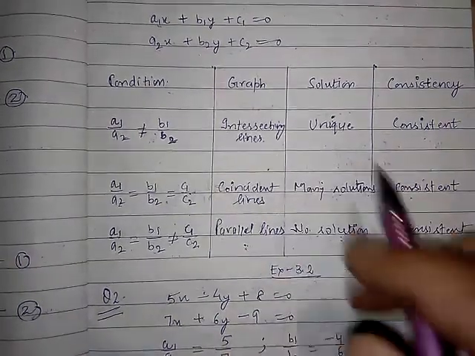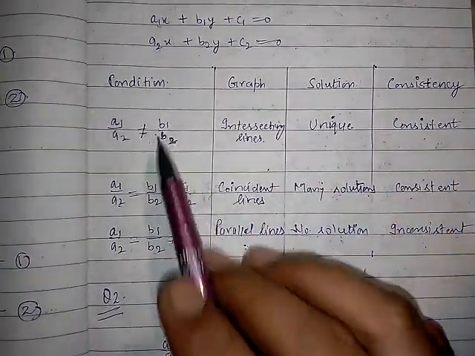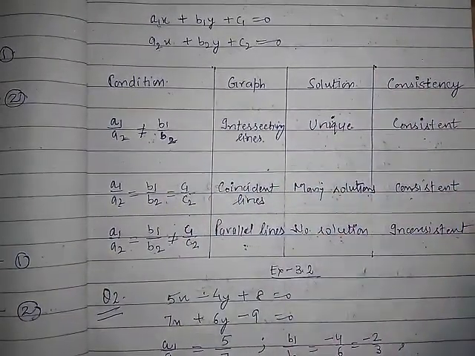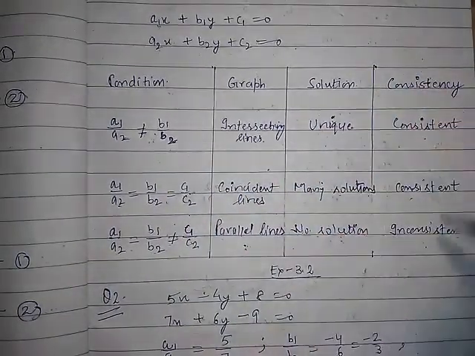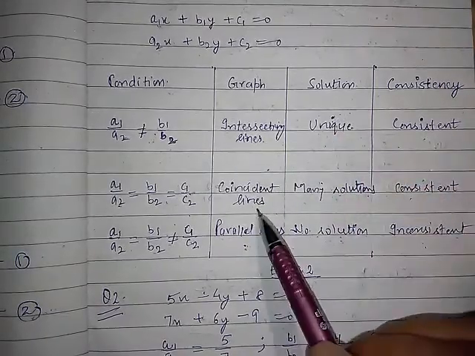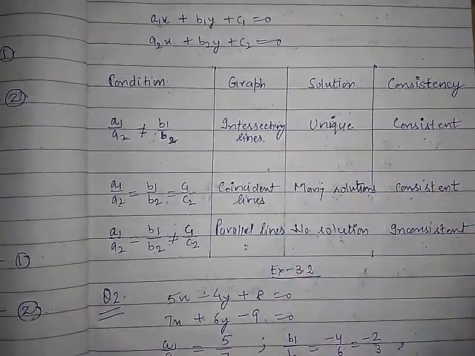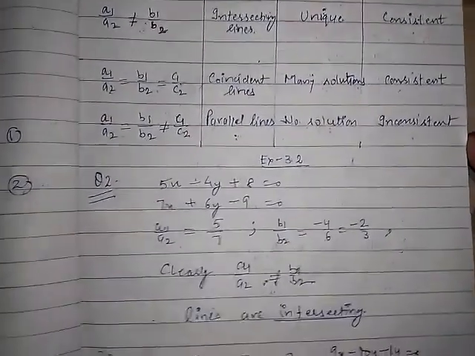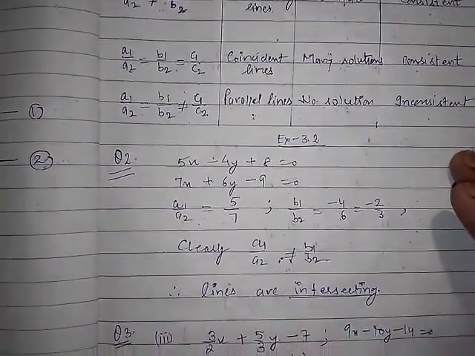So this is all the information related to comparing the ratios. I have tabulated it in the form of a table. It is best for you to cram this table properly, understand it, and then cram it, right? Because on the basis of this you can solve the questions here. So let's start with our exercise 2.3.2.